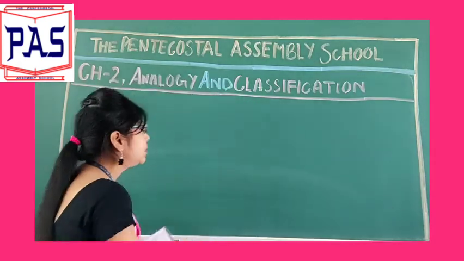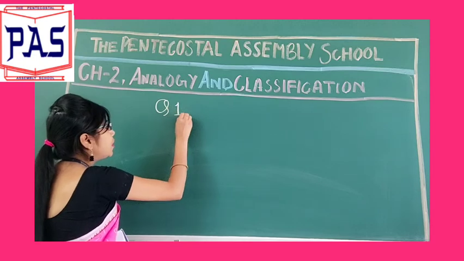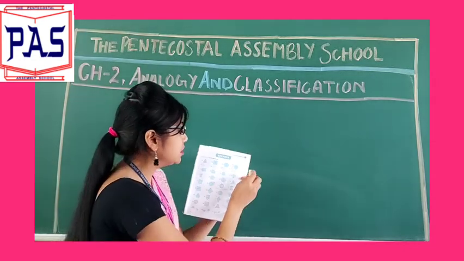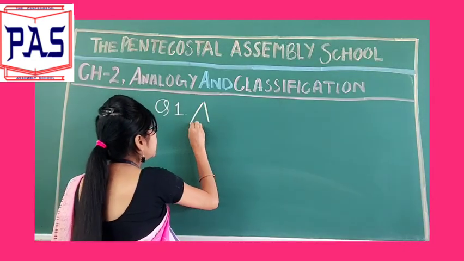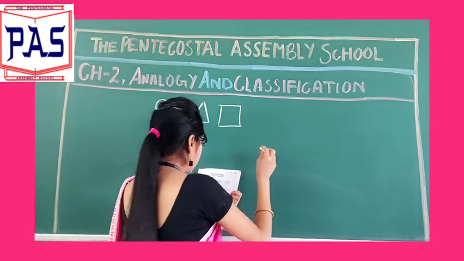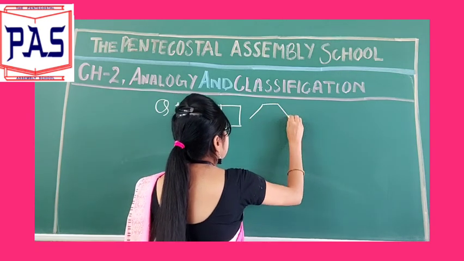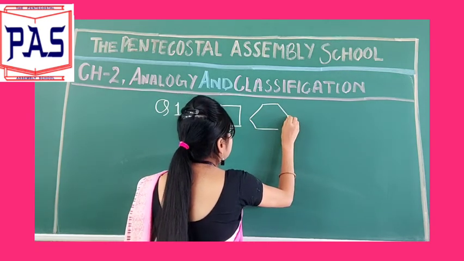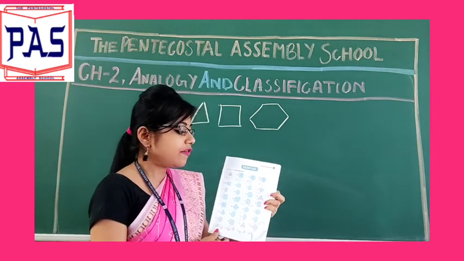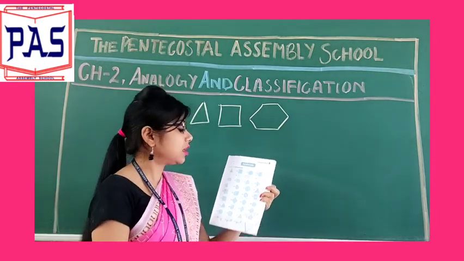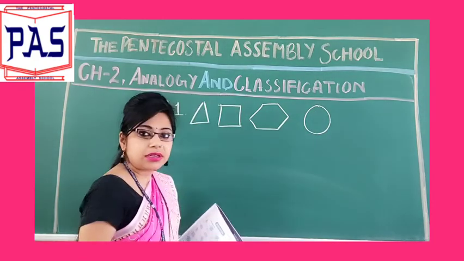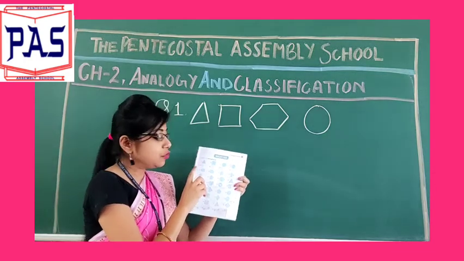In question number 1, you can see that there are 4 figures. The first one is a triangle. The second one is a square. And the third one is a hexagon. Students, do you know that a figure which has 6 sides is called a hexagon? And in the fourth one, you can see that there is a circle, and in each figure you can find there